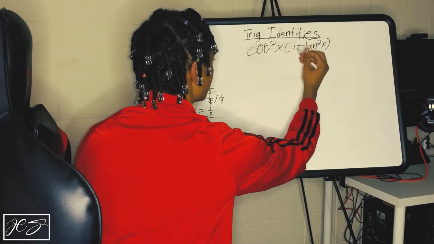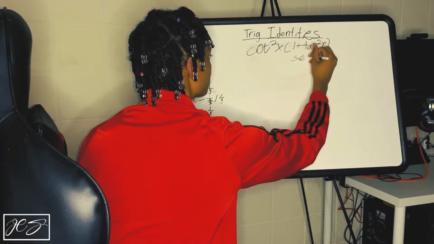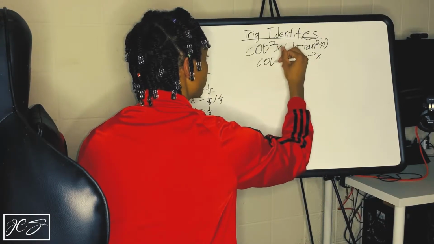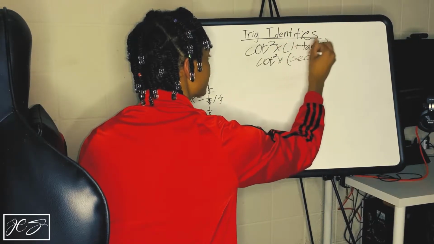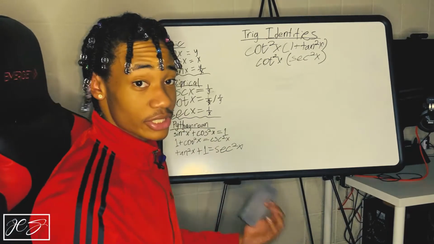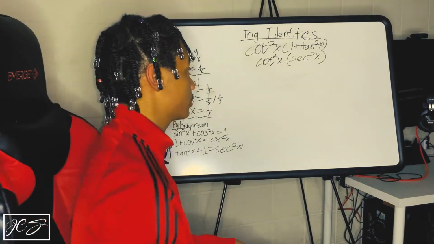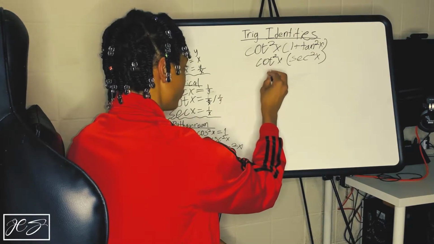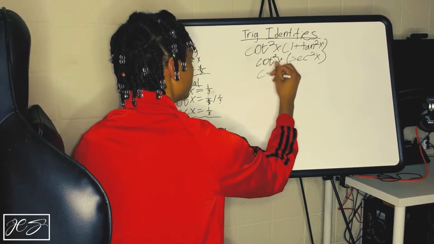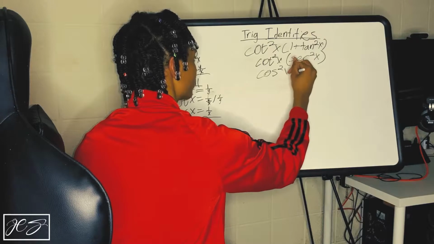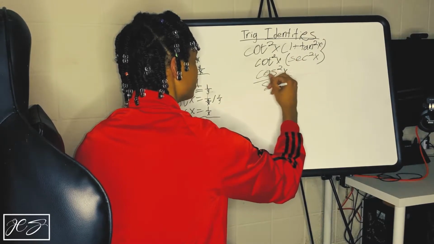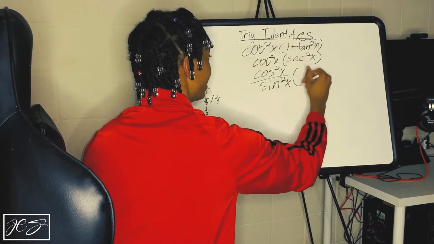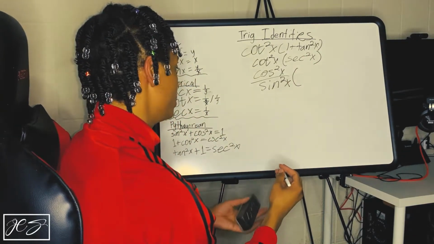So you can just replace this with secant squared x times cotangent squared x. Now you can still break these up even further. So remember, cotangent is cosine over sine. So you have cosine squared x over sine squared x times, and we can also do secant, which is 1